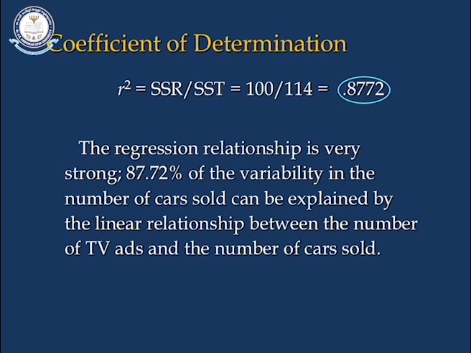So 87.72% of the variability in the number of cars sold can be explained by the linear relationship between the number of TV ads and the number of cars sold. Do you see the relationship now? Every time that you come across a TV ad, there are a few cars being sold, and that's the beauty of regression analysis. I hope that you have learned from this wonderful example,